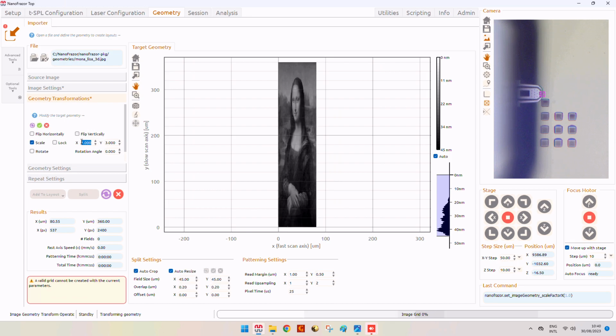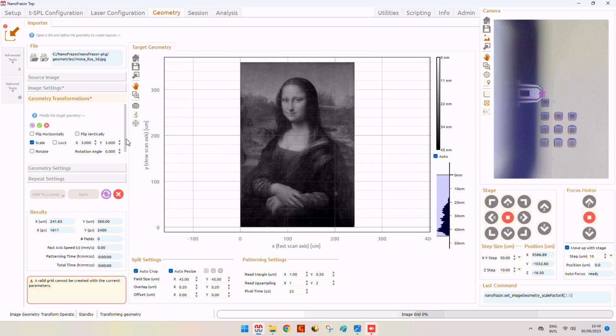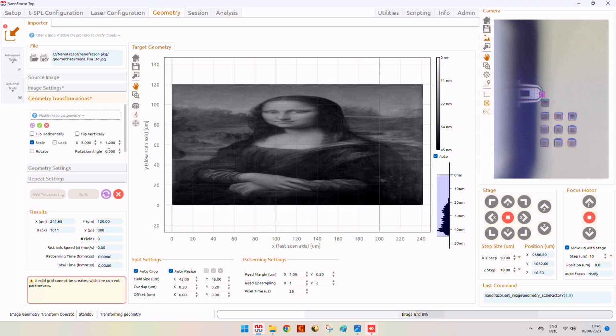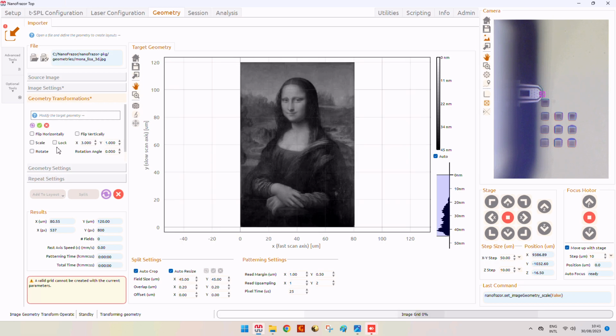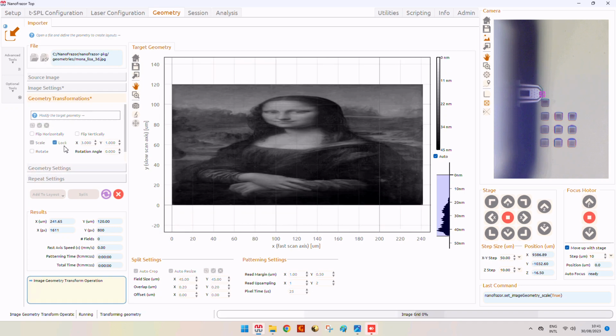So we'll have a slightly thinner or a slightly larger Mona Lisa. Maybe Leonardo is not going to be very happy.